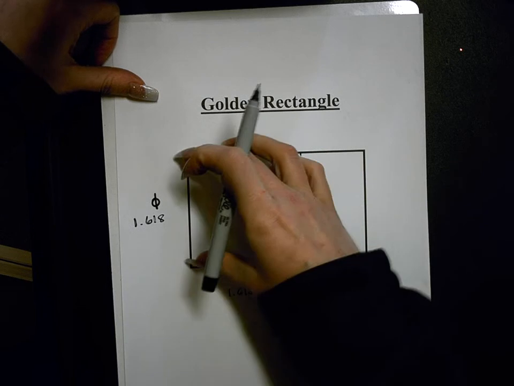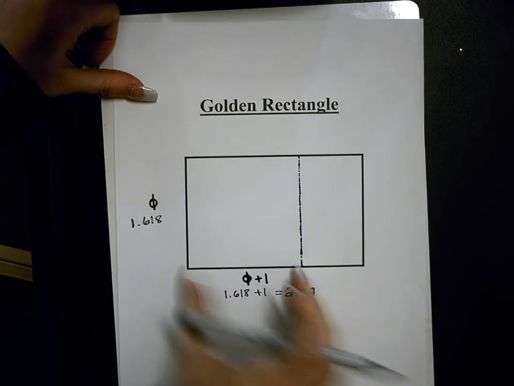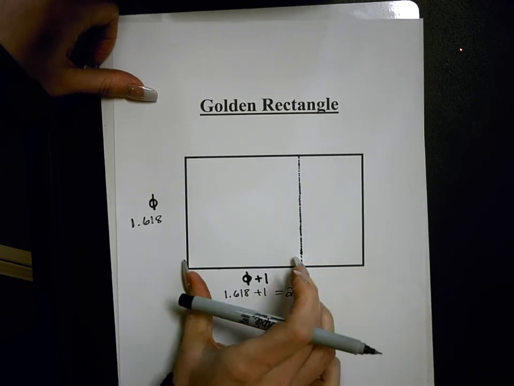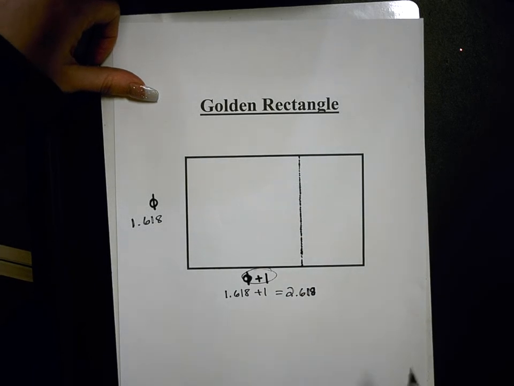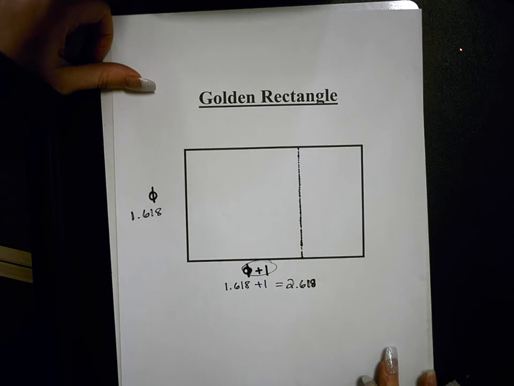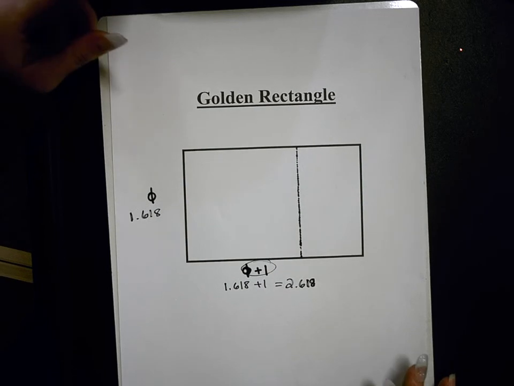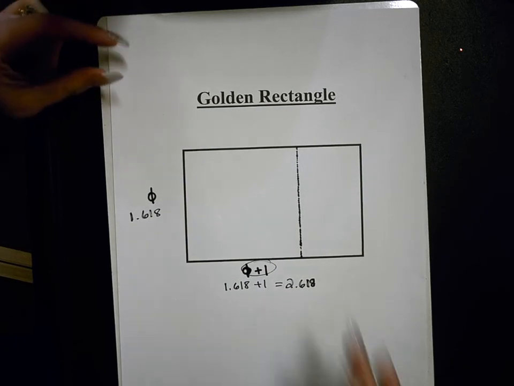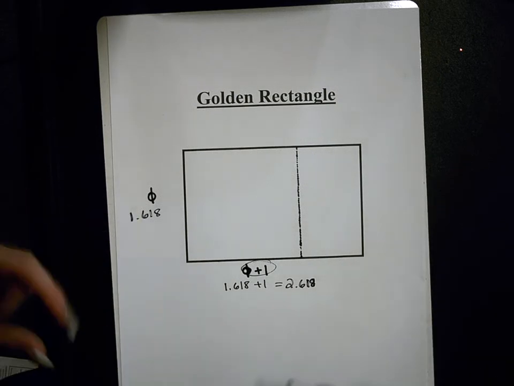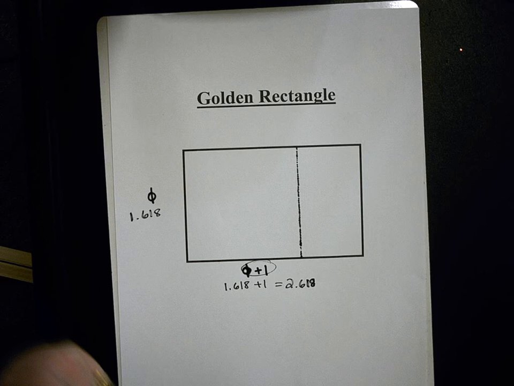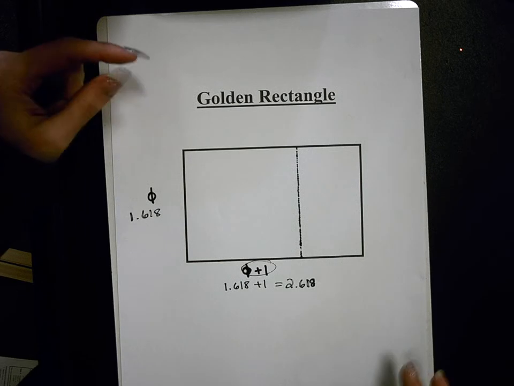This is the phi. See, phi is this much. This right here, that's the plus 1. So phi plus 1. That's how we denote this. Now, these particular dimensions of 1.618 by 2.618, this particular rectangle for some reason is very, very visually pleasing to our eyes. And you can take this rectangle and turn it the other way. Imagine putting it on a copy machine and shrinking it down or enlarging it. And this rectangle